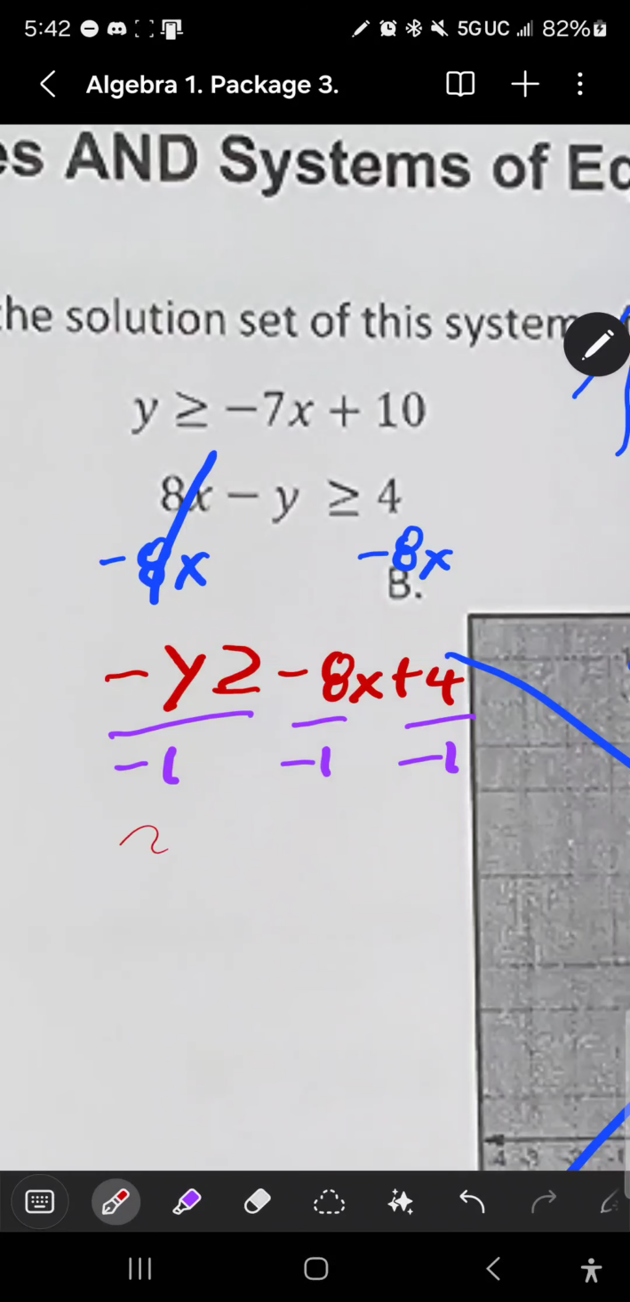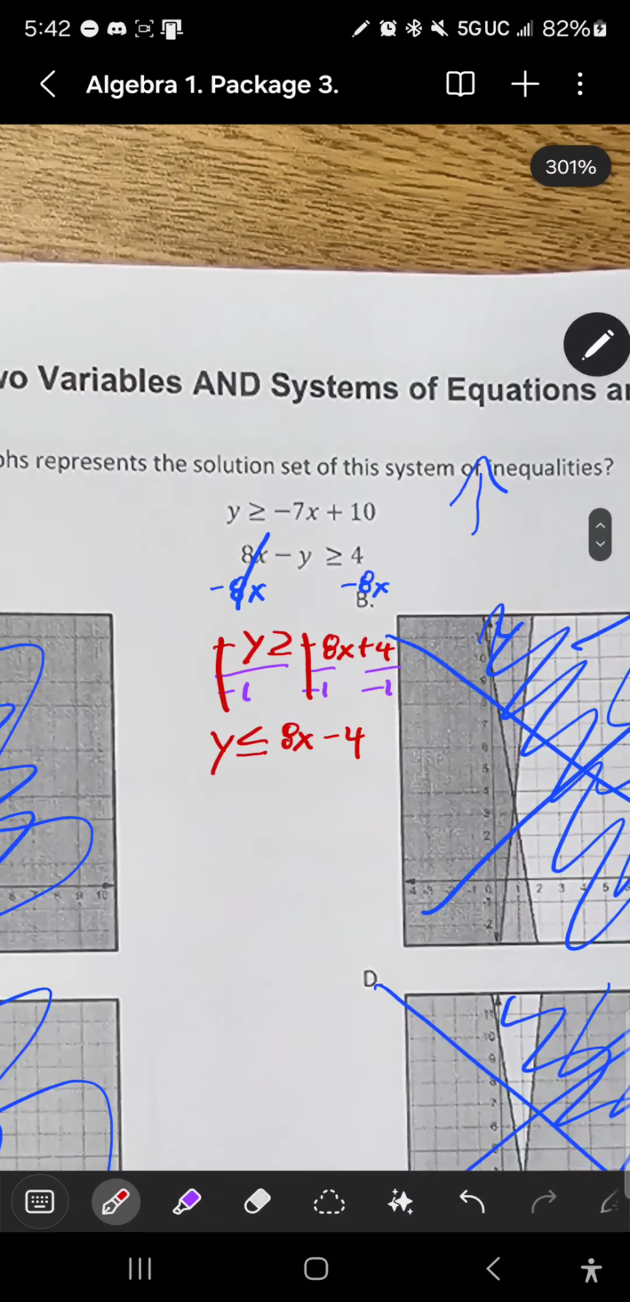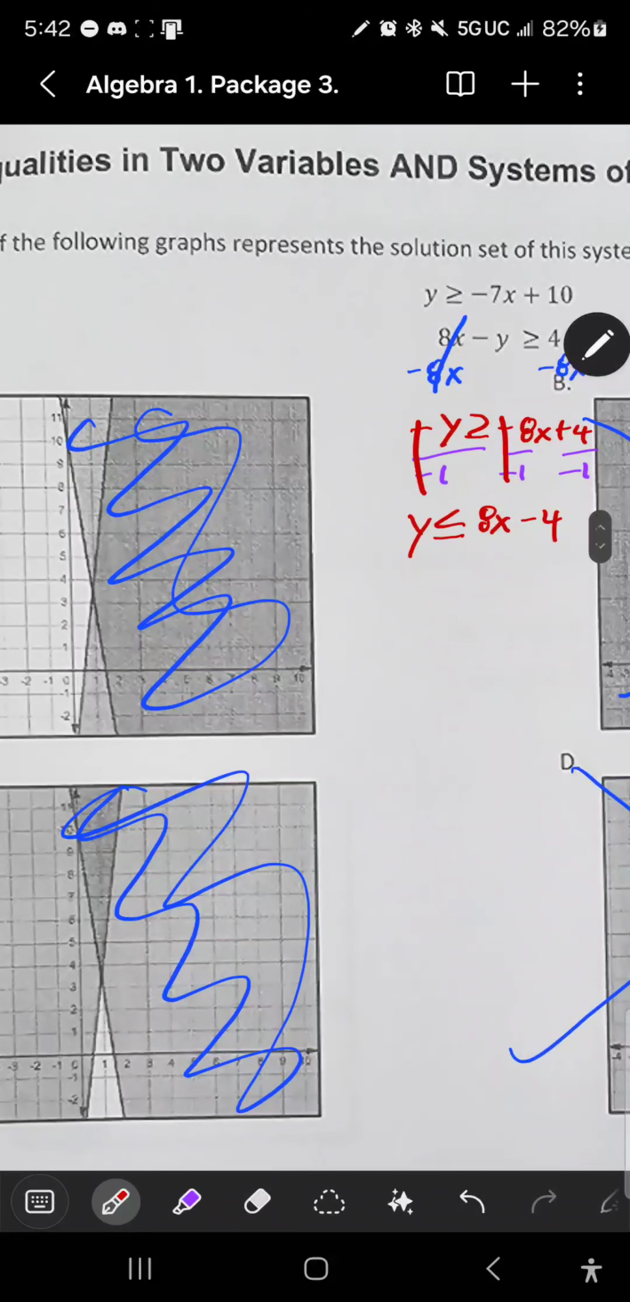It is going to be y. We're dividing by a negative number, so the sign reflects, and it will be greater than or equal. Negative divided by negative is positive, so it will be 8x, and positive divided by negative is negative because the signs are different, so -4. Now we see that the y-intercept appears to be -4, it's just that it's not in the